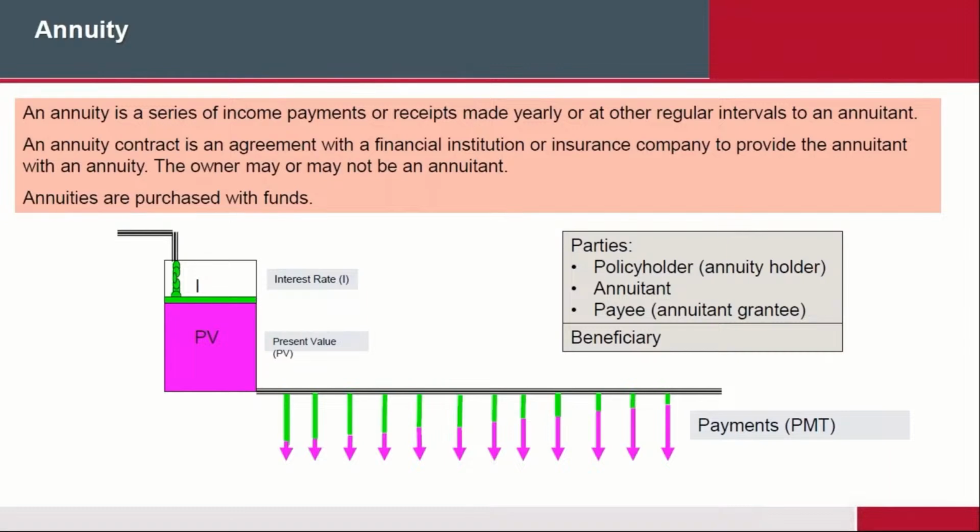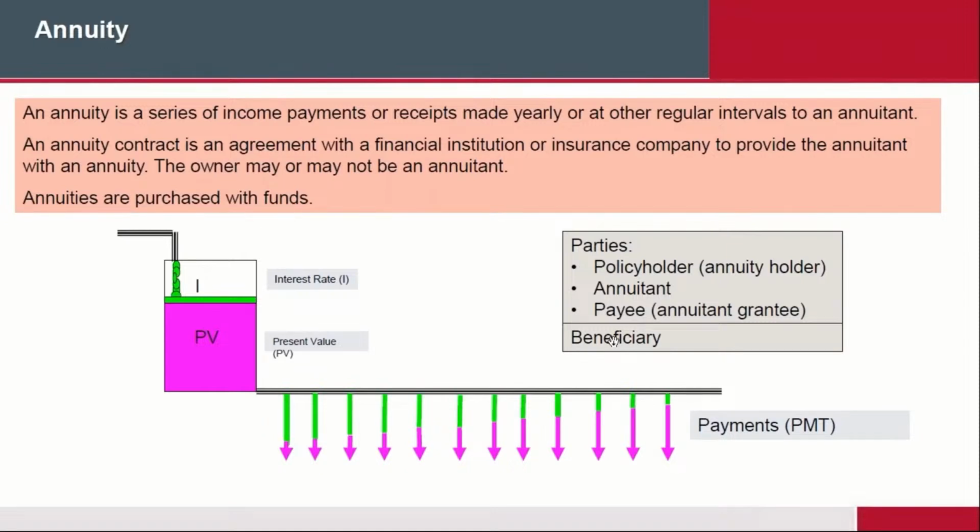And you, in turn, said, okay, I will pay you $2,000 a month, which, of course, consists of principal and interest, right? And that's exactly what an annuity is. The annuity payment to you is principal and interest. And so the parties are the same: the policyholder, in other words, the contract holder, the annuitant, the person who actually invests the money, and who we are going to pay the money to. In the event the annuitant dies, the beneficiary, of course, will receive the balance of that money. So in its simplest form, when you're thinking of an annuity, think of a mortgage. That should give you a trigger as to how annuities actually work.